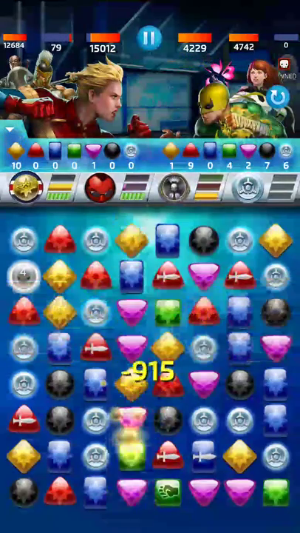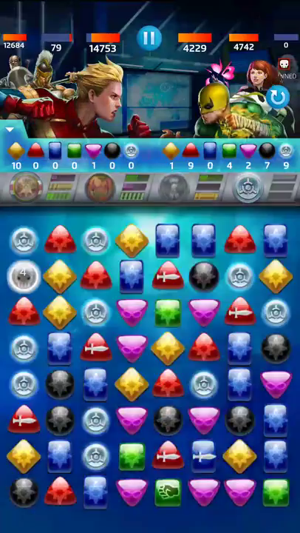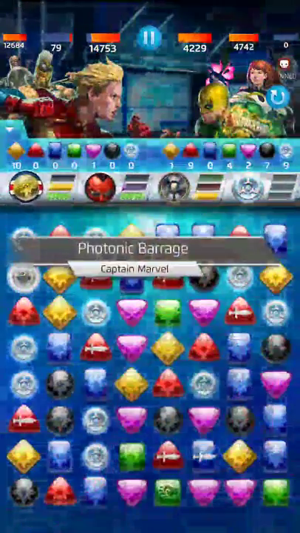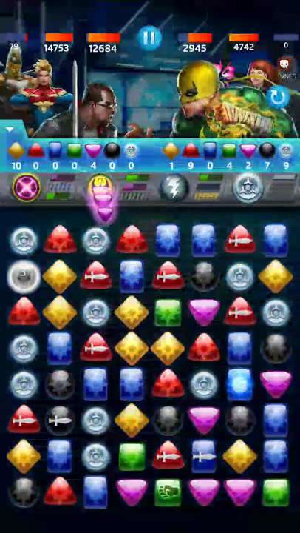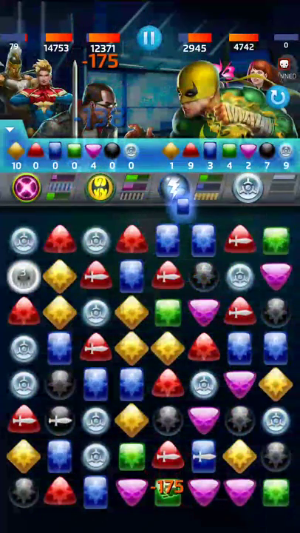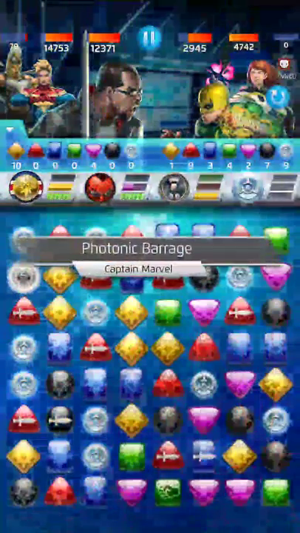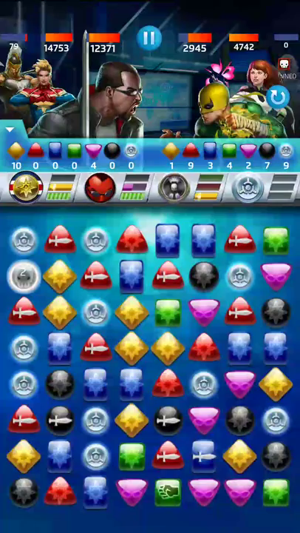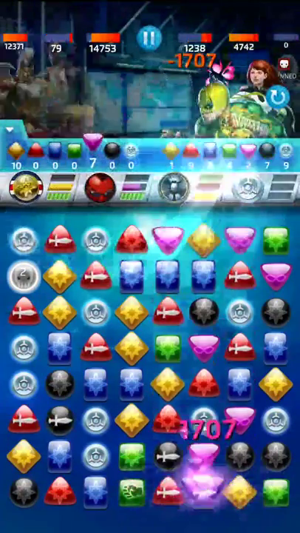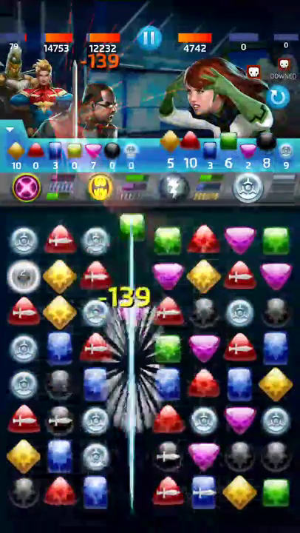Storm goes down just because of all the strike tile damage. Look how much damage we're doing every turn, over 1,200. Even more this time. Here we go. A 2-move combo takes Iron Fist right out. And here we are going to do...